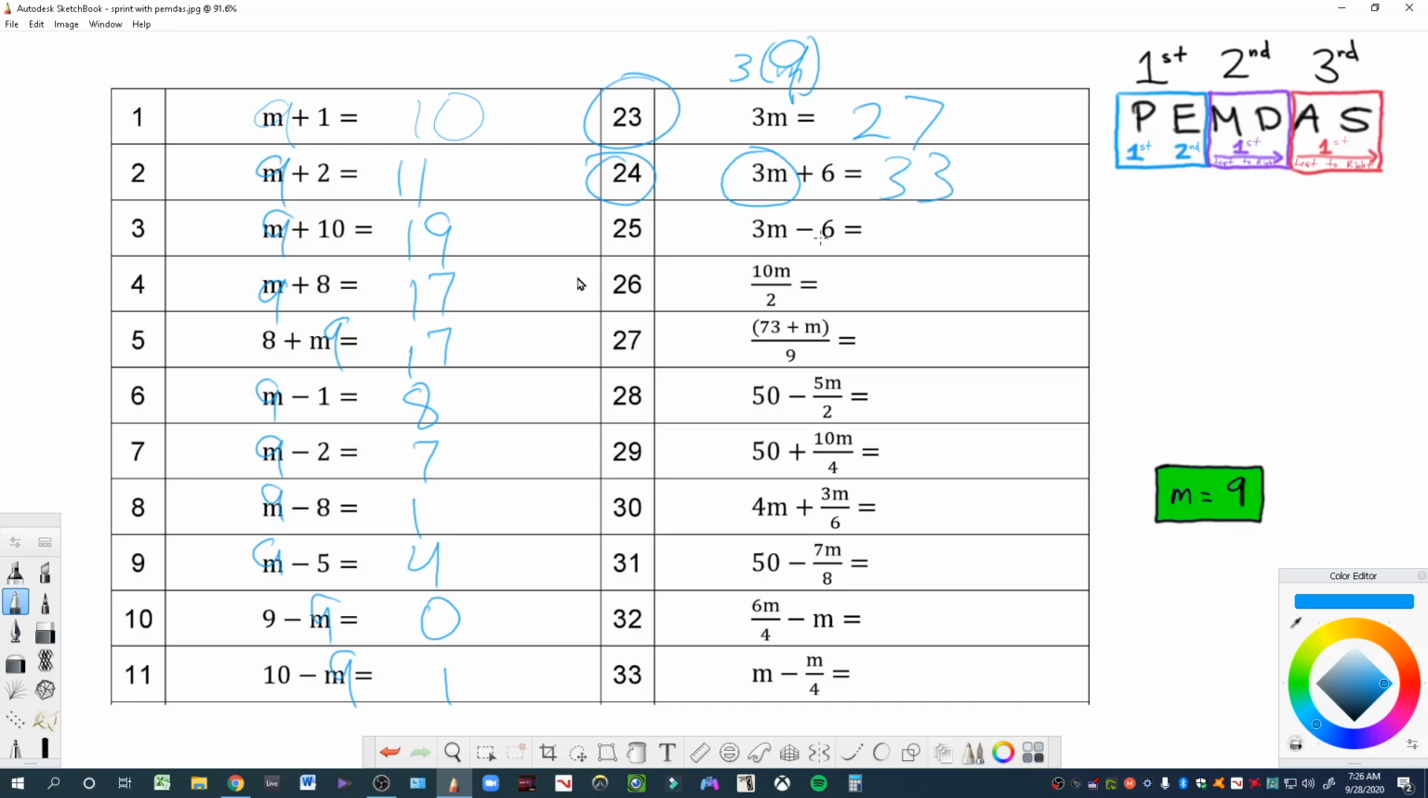Right here, it's the opposite. It's subtraction. But again, multiplication comes first before subtraction. So I would multiply 3 times 9 and then subtract 6. So it gives me 21. Now this one,